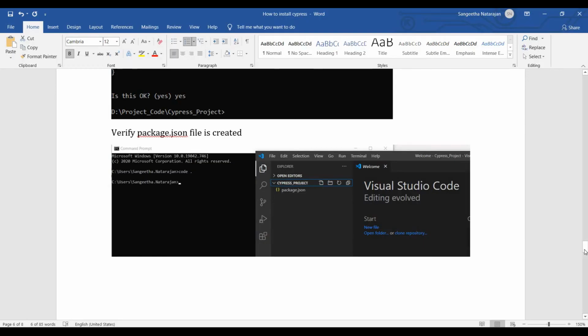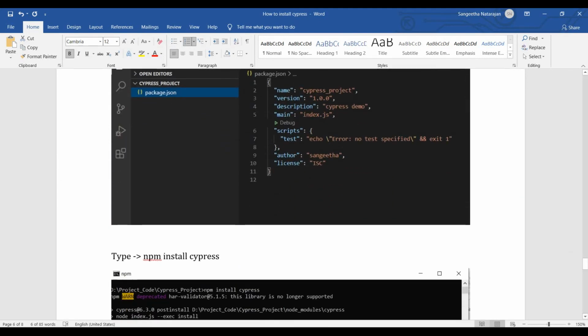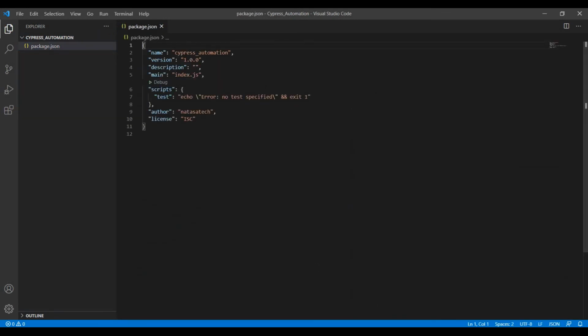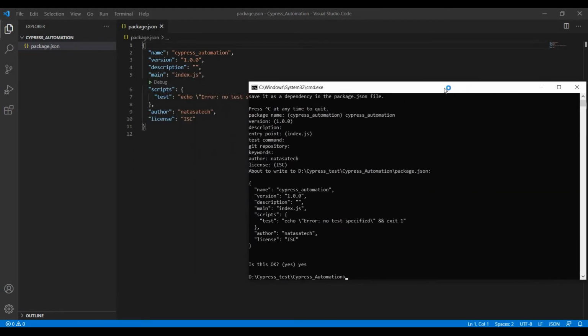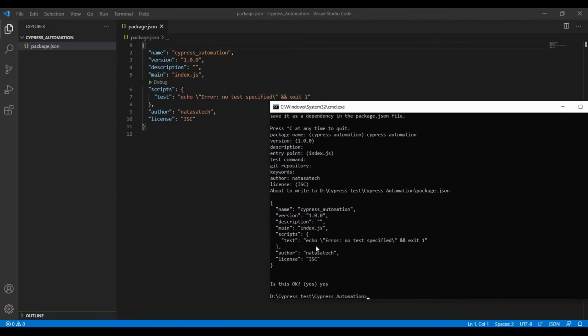Okay. Next, we just open this one to verify whether the information given inside the command prompt matches or not. Okay, so it is matching, there is no problem.